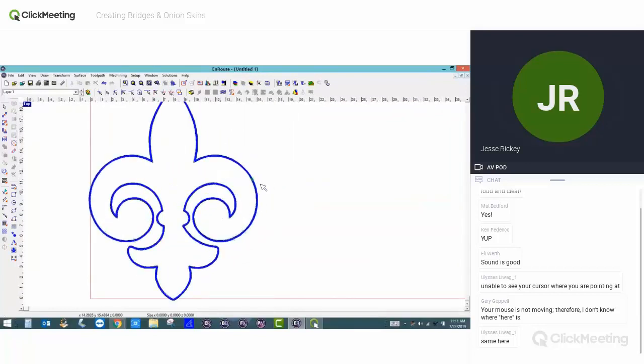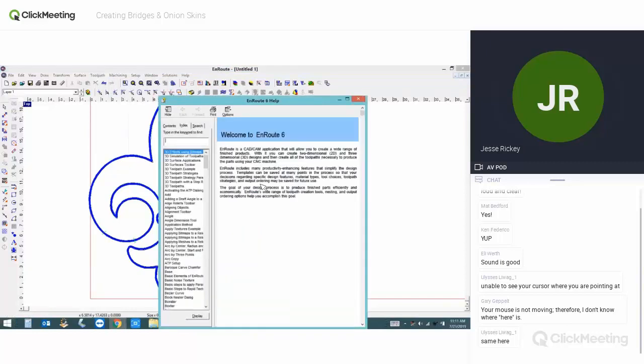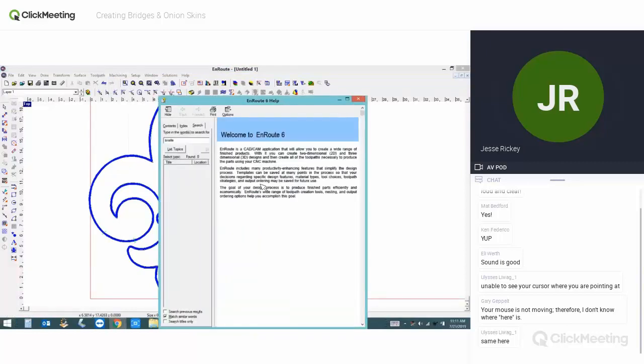Now, as far as our different types of tabs, you can also find them inside the help contents, which I'm a big fan of. If I come in here and say that this is a bridge,